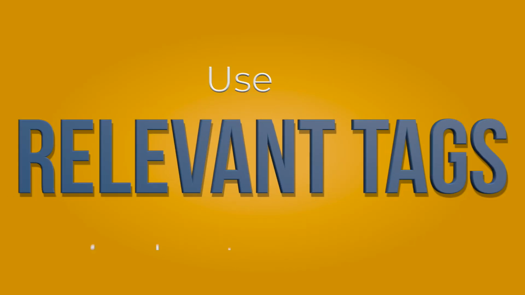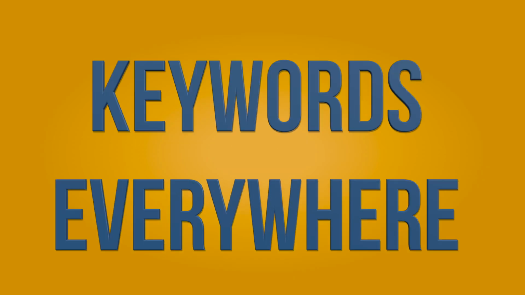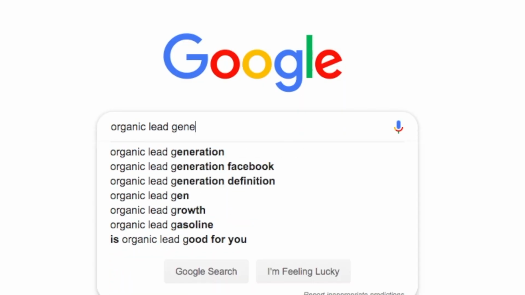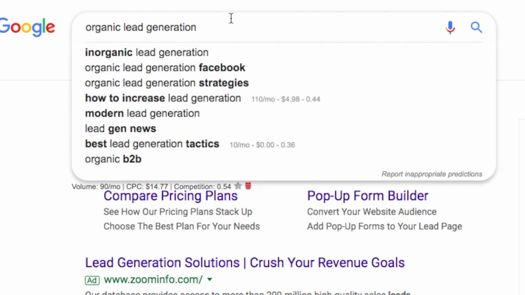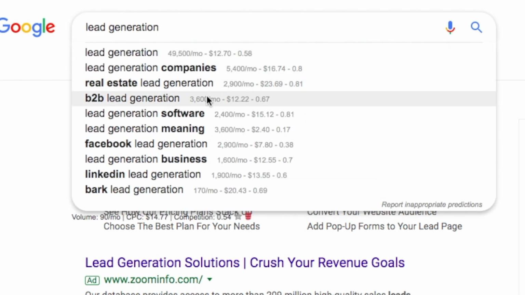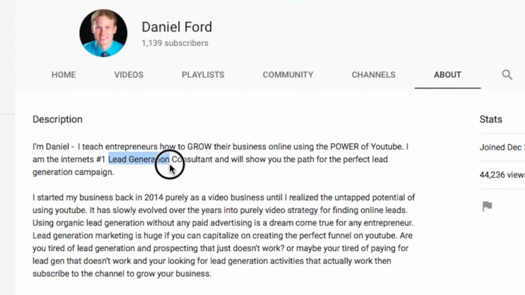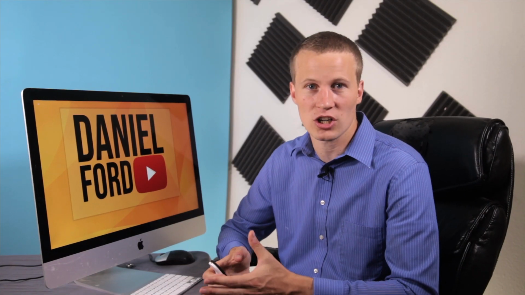Put relevant tags in your About Me page. You can do this by using a free Chrome extension, Keywords Everywhere, to discover what words people are actually searching for every month in your specific niche. Just type in your word and it'll populate a list right below your video of what keywords your audience is searching for every month. I would really consider choosing relevant keywords that form sentences in your About Me section. Inserting the tags in grammatical ways into your channel will allow your channel to rank easier, just like your videos that you do.